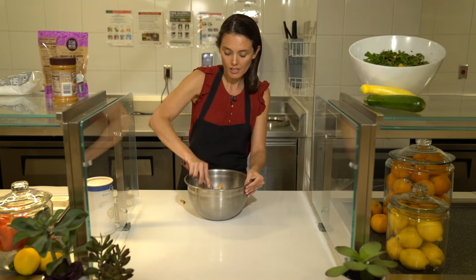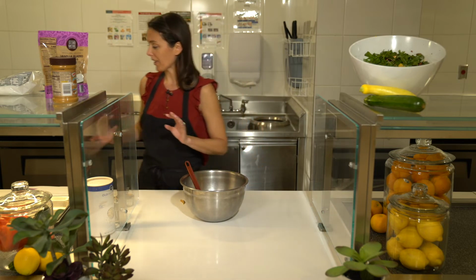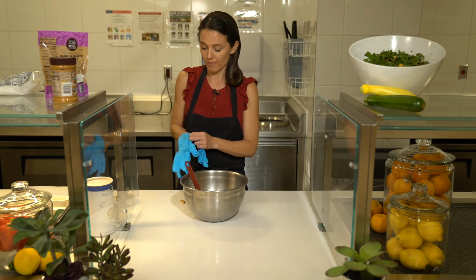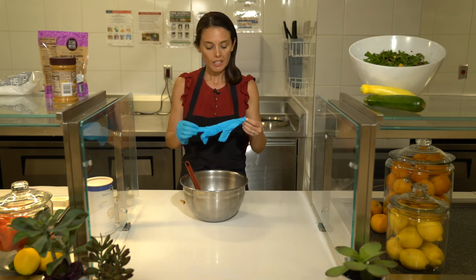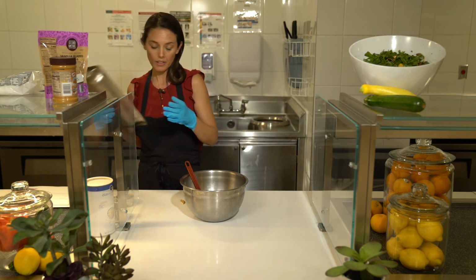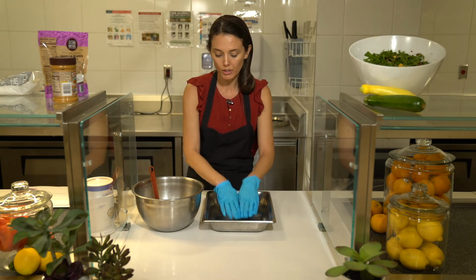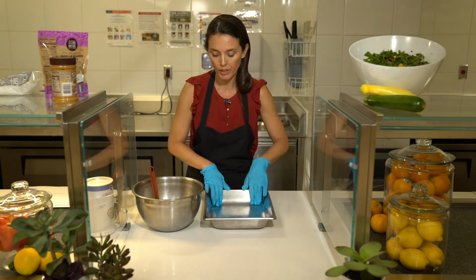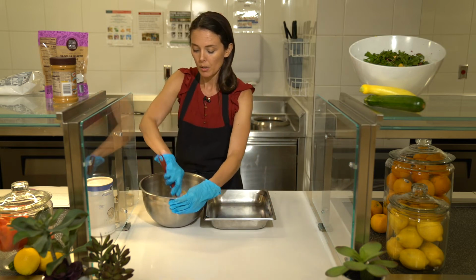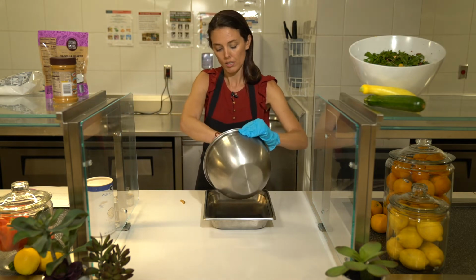All right, so this next step is the fun part that kids would like. I don't want to get my hands too dirty, so I'm going to put on some gloves. You just need a baking pan. You can use an 8x8, 9x9, however thick or thin you'd like your granola bars. You can use cooking spray if you'd like, butter cooking spray, or aluminum foil if you want to make it easy cleanup. You're just going to pour in this mixture into the pan